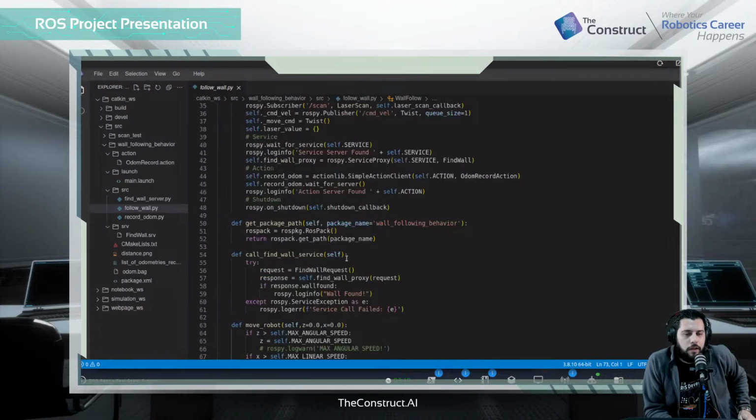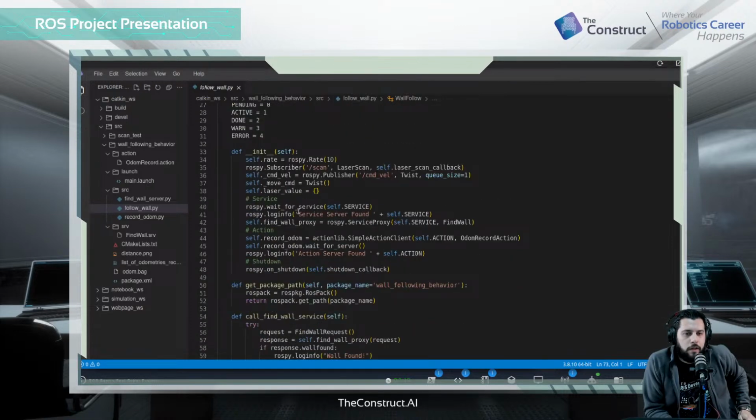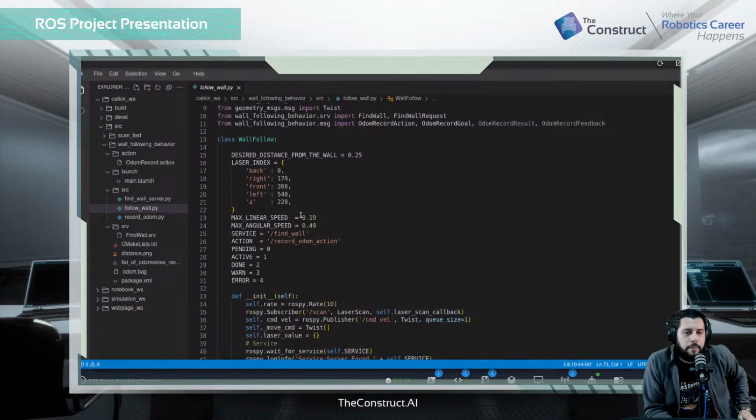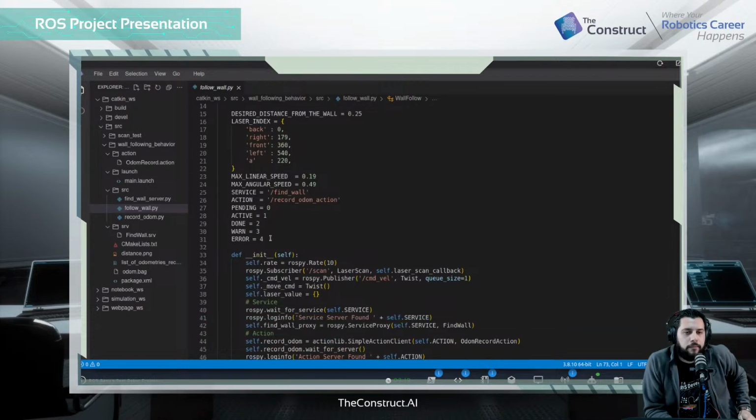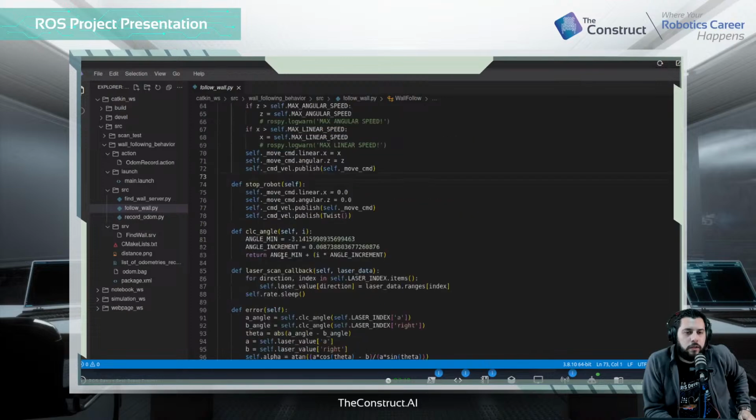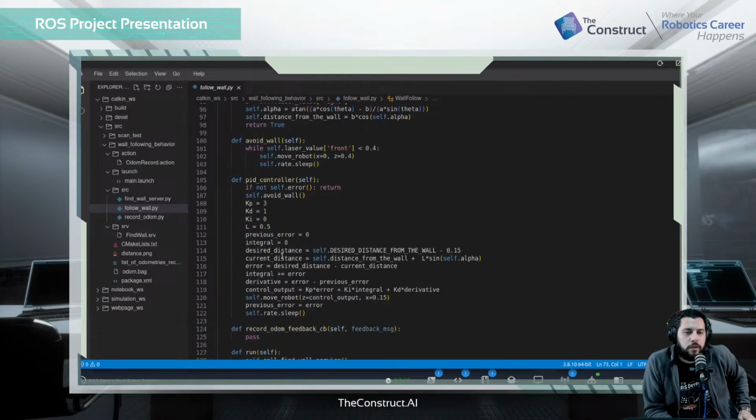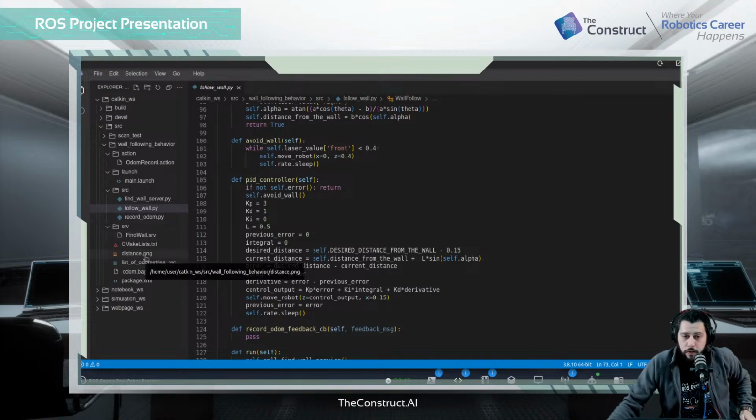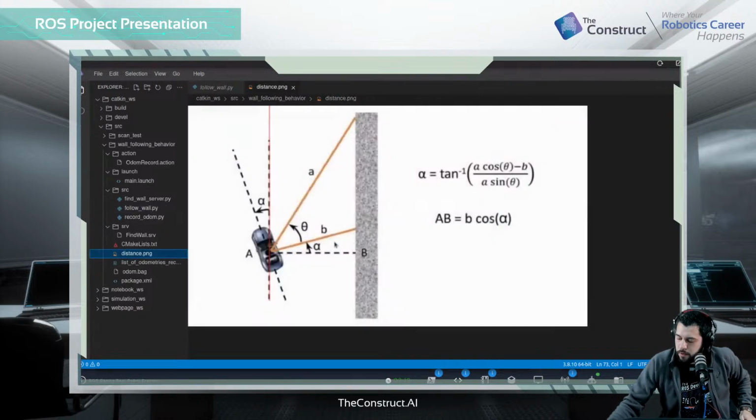This is about moving the robot. For making the robot follow the wall, I use the PID controller. I made my PID controller so the robot will be moving along the wall. Here there's a problem: when the robot has an angle, so it's not on the straight line,